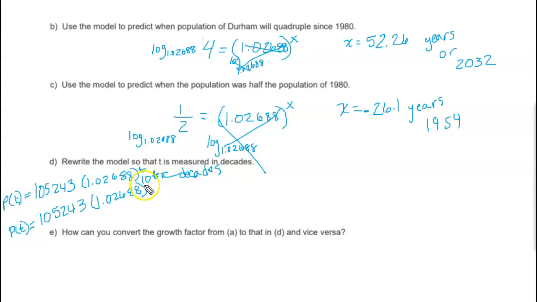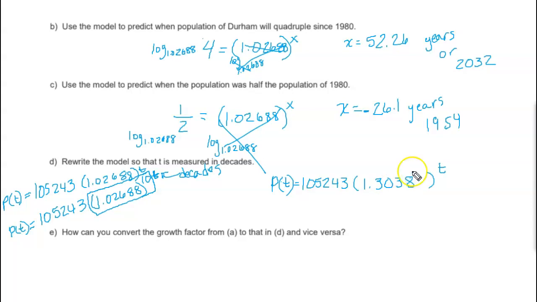If I take 1 decade and multiply by 10, that gives me how many years it is, and then I can multiply this. I want to remember that because it allows me to take this number to the 10th power. Remember those laws of exponents: a power to a power, you multiply. So I can take this number to the 10th power, and it's going to give me a model that is just in decades. For every decade, I could figure out what that's going to be. So 1.02688 to the 10th power is actually equal to